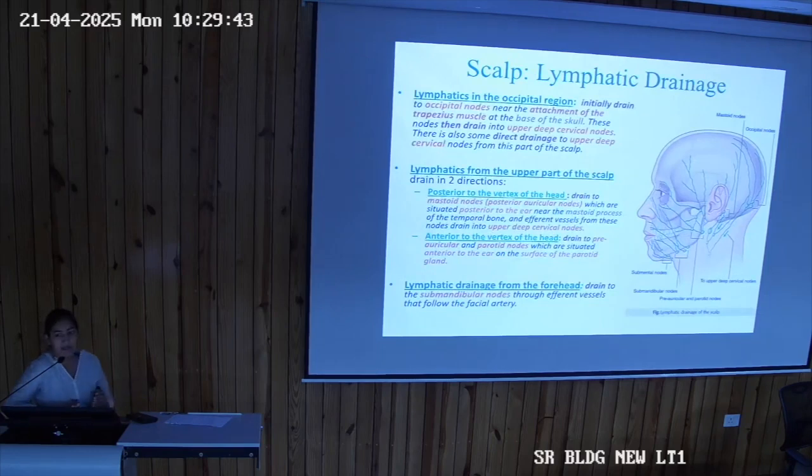Next and the last, that you can forget also, lymphatic drainage, but not in scalp. You have to remember where these nodes are, where the lymphatic drainage is going anteriorly and posteriorly. The lymphatics in the occipital region drain into the deep cervical lymph nodes. From the posterior region, these occipital nodes will drain into the cervical nodes. Then the lymphatics have been divided into anterior and posterior parts.